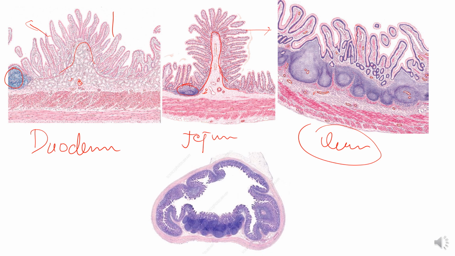The next layer is the inner circular and outer longitudinal layer of the muscularis externa. This is the same throughout the small intestine. And the outer layer is the serosa. So the jejunum and ileum contain the serosa, while serosa is present in very small areas of the duodenum. The rest is the adventitia. Now this is a picture showing the ileum. Here in the section of ileum, you can see the Peyer's patches.